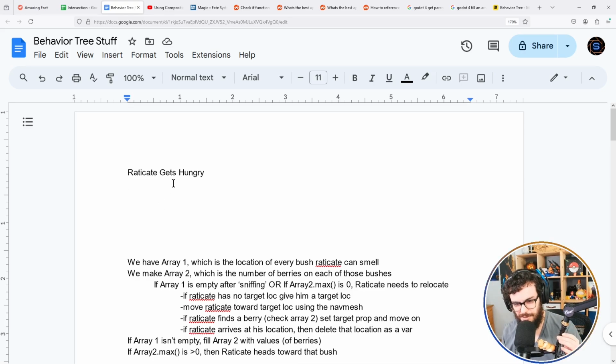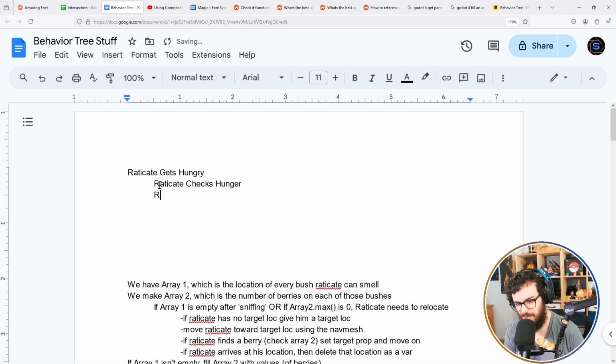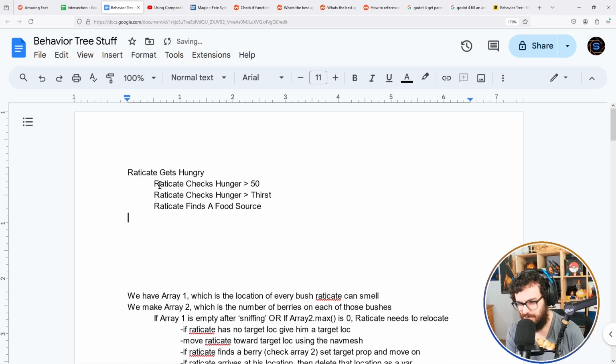So then let's run through this. Okay, so Raticate gets hungry. Raticate checks hunger. Raticate checks hunger greater than thirst. Then Raticate finds a food source. So return running as Raticate searches for a food source. And